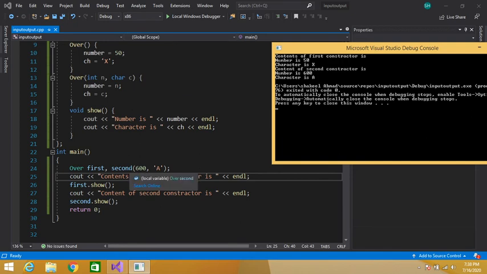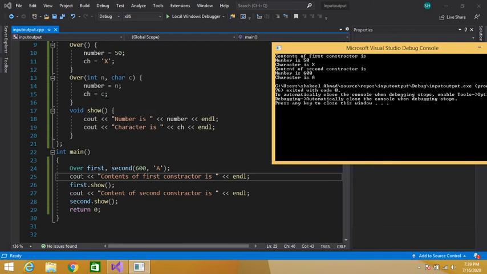Similarly, we have passed character A here, so this will be passed to this constructor. Why? Because the compiler knows that this constructor accepts two parameters. Here we are passing two parameters, first an integer and second a character. So this A will be passed here, so c contains A, and this A is assigned to this character.